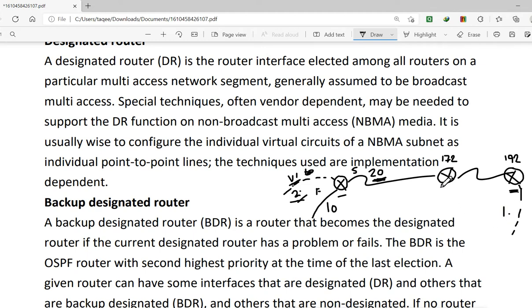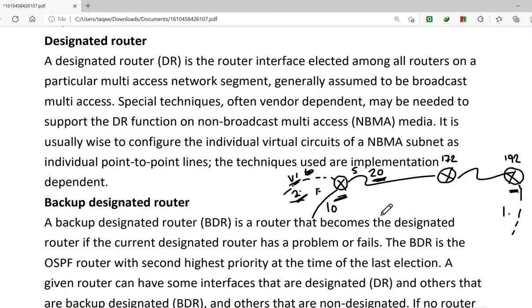Then I want this router to be a BDR, so I will give the virtual interface IP 2. Then on this router I will create a virtual interface and give the router ID IP address of 3. Now I have decided the router ID, so I know who is going to be the DR, because when you compare these IP addresses 1, 2 and 3, this one will be the minimum router ID and this router will become the DR.